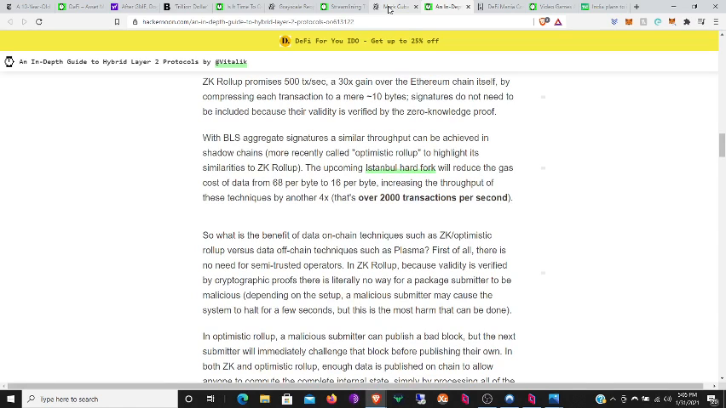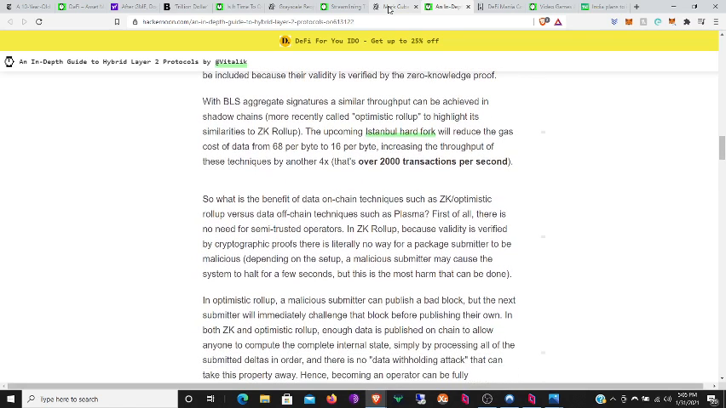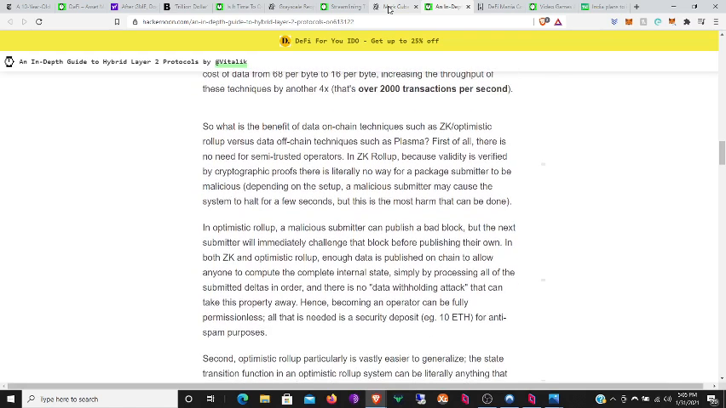To highlight its similarities to ZK rollups, the upcoming Istanbul hard fork will reduce gas cost of data from 68 per byte to 16 per byte, increasing the throughput of these techniques by more than 4x. That's over 2,000 transactions per second. So what is the benefit of data on-chain techniques such as ZK and optimistic rollups versus data off-chain techniques such as